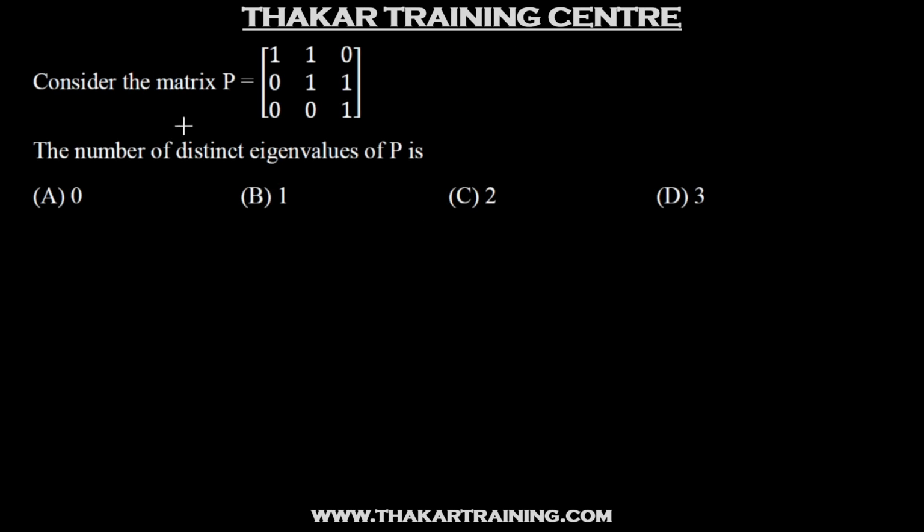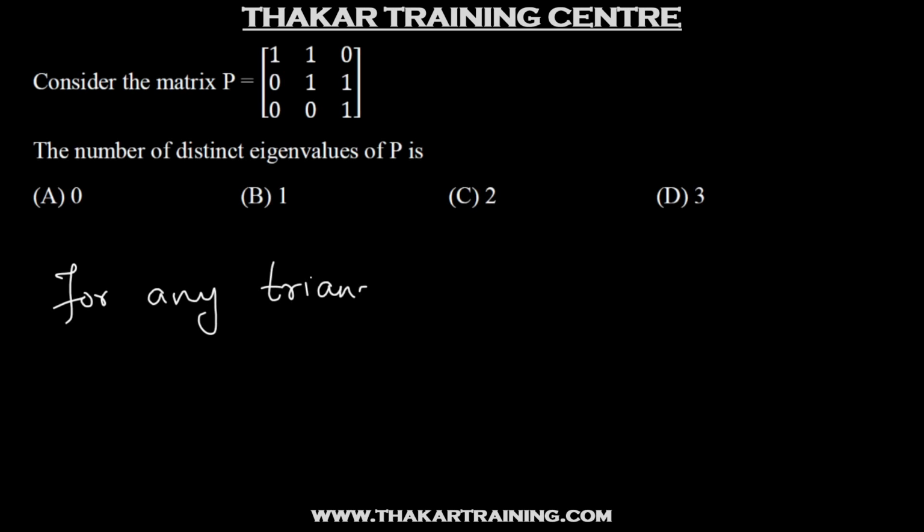Now coming to the next question, it is saying consider the matrix which is given to us, 3 by 3. To find out the number of distinct eigenvalues of P. Okay, so here comes another property of eigenvalues. Whenever you have a triangular matrix, for any triangular matrix,